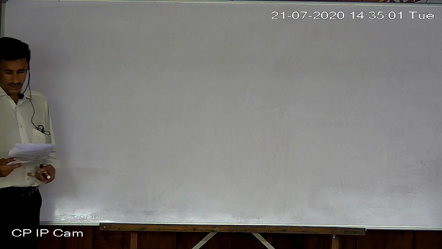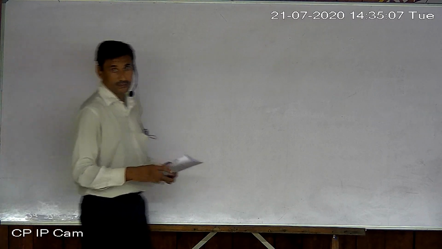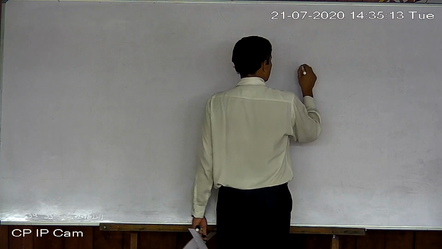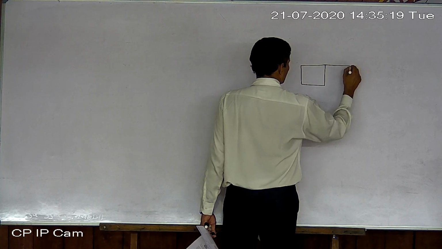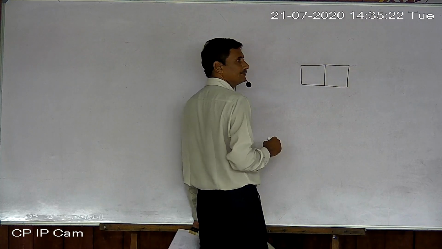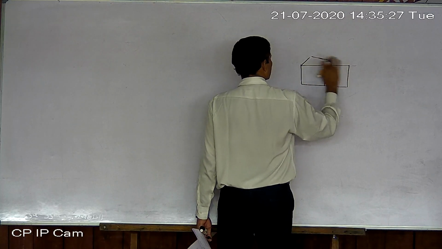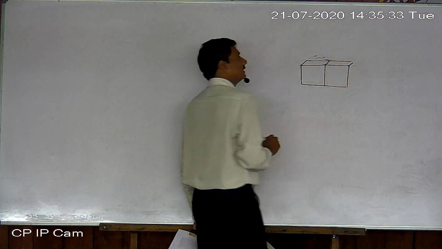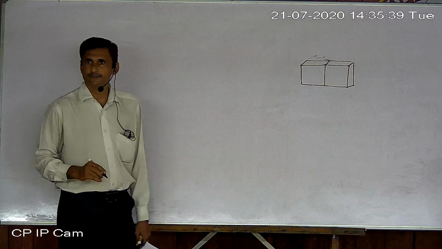Now look at question number 1. Two cubes, each of volume 64 centimeter cube, are joined end to end. So two cubes are being joined. Suppose one cube is there, going here two-dimensional, not three-dimensional. Suppose this is that type of cube, and another one is of that type. So these are two cubes joined this way. It is given.